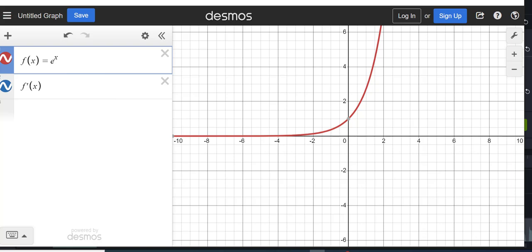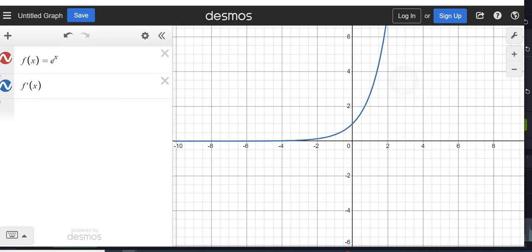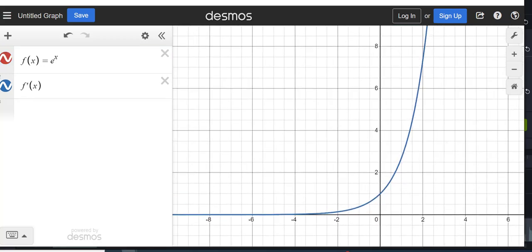Okay, so if I graph the function f of x equals e to the x, we should recognize what that exponential growth function looks like. It crosses the y-axis at (0, 1). Certainly, as x approaches negative infinity, it's leveling off or getting close to 0. And as x is increasing, this is getting larger and larger very quickly. It's exponential growth, right? So here I'll zoom in. Here's my function, f of x equals e to the x.